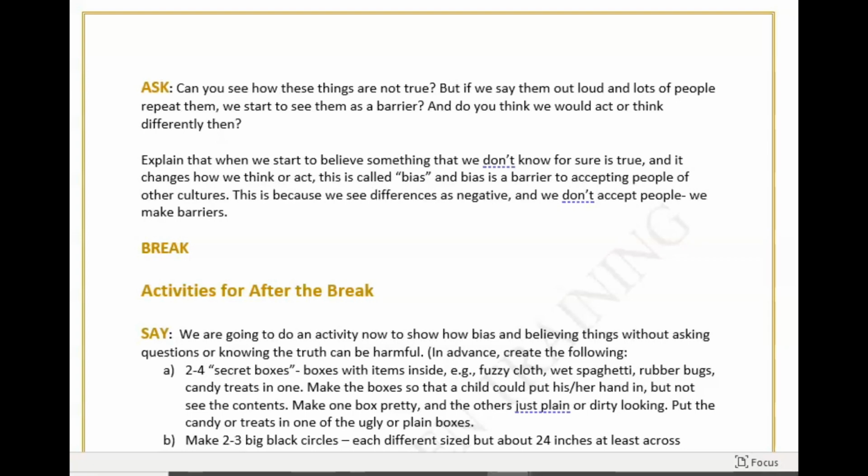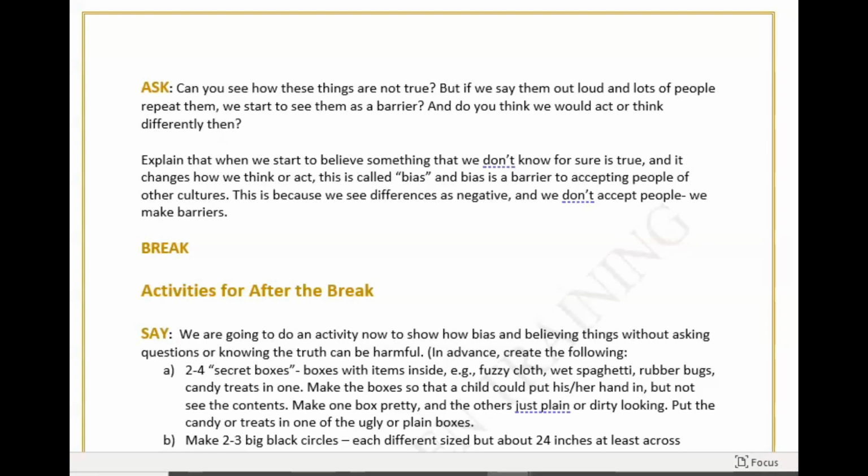So we might say things like, those people believe something different than we believe, or people from that country smell funny, or people from this country are rich, or people from this country are only good at math. We don't have to state the country, we can just make the generalized statement. And we don't want to perpetuate stereotypes, but we have to help children understand that they should be curious and question things that they hear to find out if they are true or not.